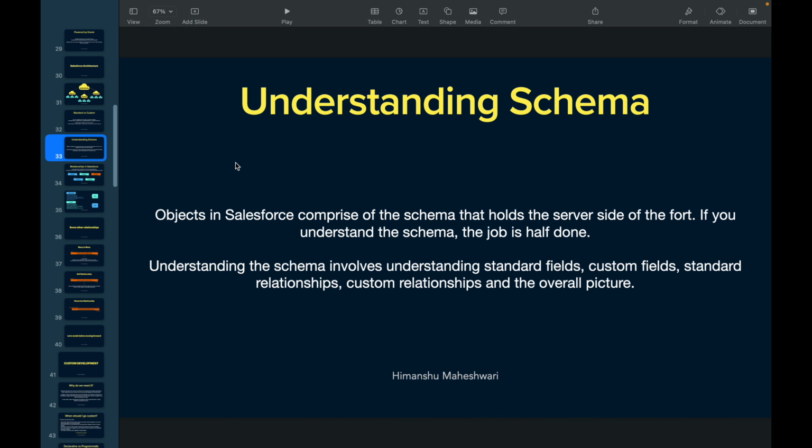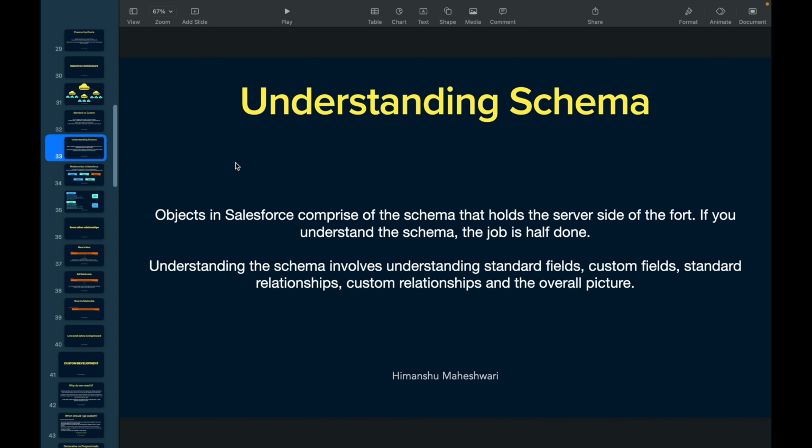These four things go there. These five things are associated this way. So on Salesforce, if you want to understand how two different objects are connected, how two different fields are linked, what is the type of field that's used, what's the name of it, how are these 24 objects linked, is there any association between object A and object J, all of that can be found on the schema side of it. Okay, so the objects in Salesforce comprise the schema, and that is what holds the server side of